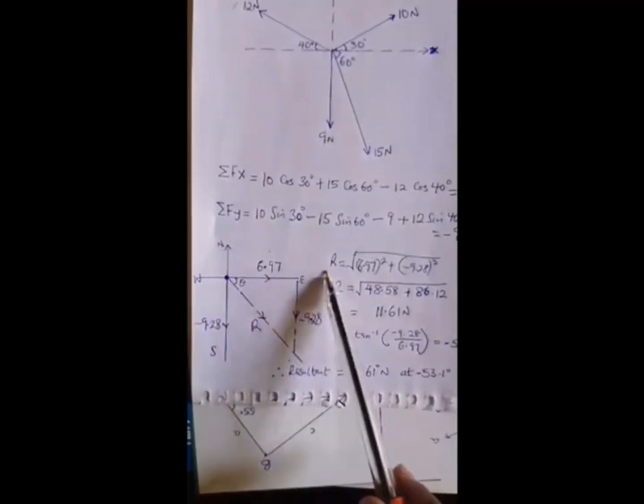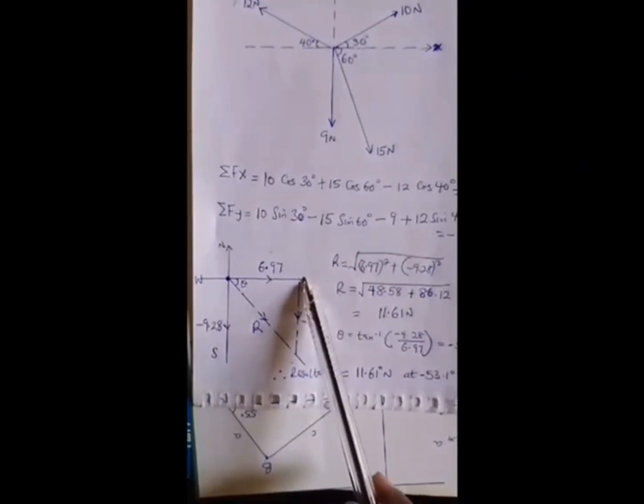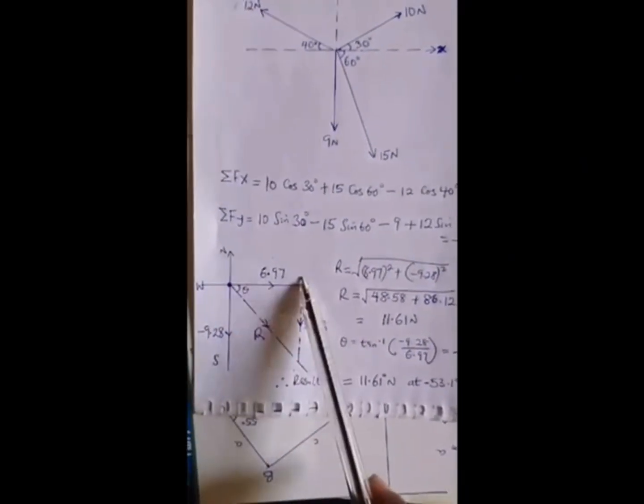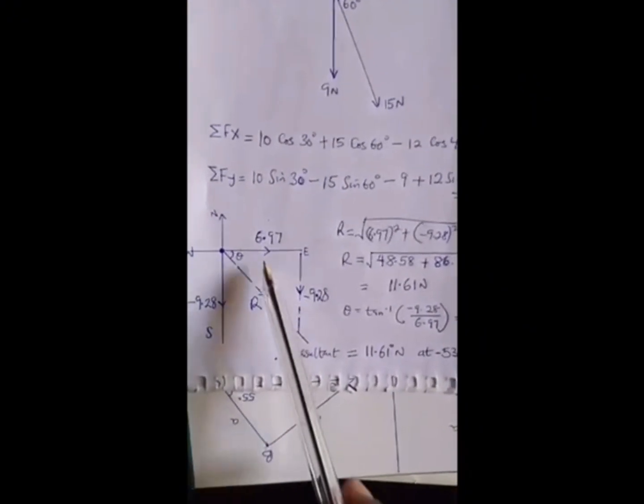Okay, so we have the sum of the horizontal components, 6.97 Newton, and the sum of the vertical components, minus 9.28, and it's acting southwards because northwards is positive, but this is negative this way. That means logically this should be the resultant, a single force that represents in magnitude and direction the effect of these two forces. So you can form a right angle triangle. This side, we've added in this side, is parallel and opposite. It represents this vertical, the vertical